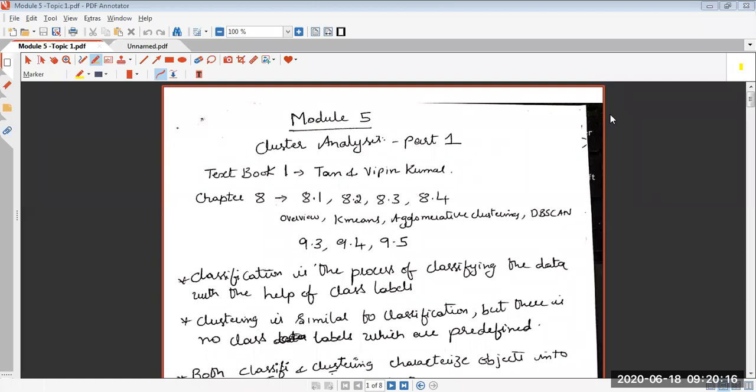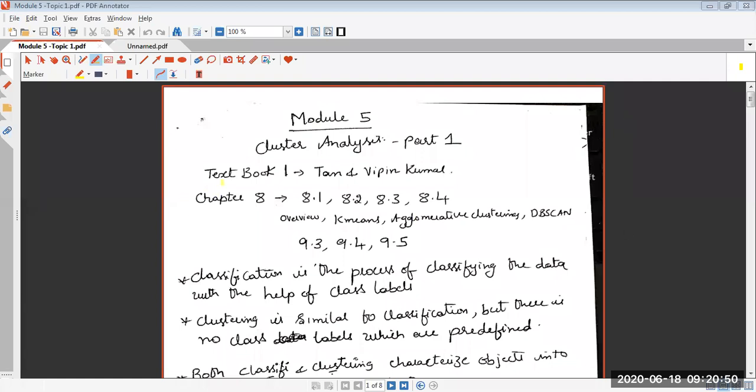But one point you should note down, the class names were being explicitly told. That is, we were telling this is class A. So data with these characteristics should go and sit in class A. Data with these characteristics should go and sit in class B. We were giving the class names or labels, so that is why it was called supervised. So coming to clustering, you will see the difference, how it is different from classification. We will see that.